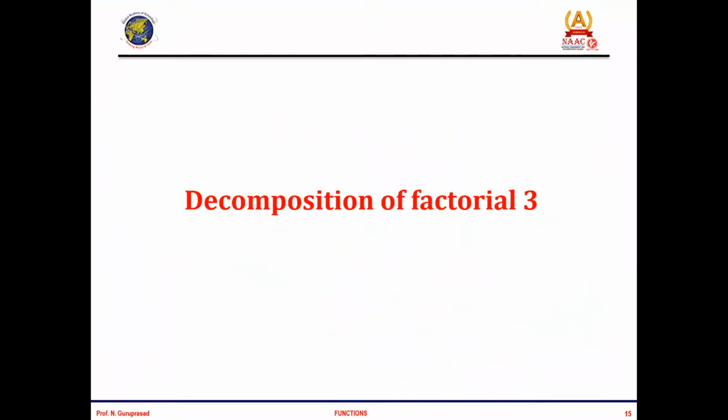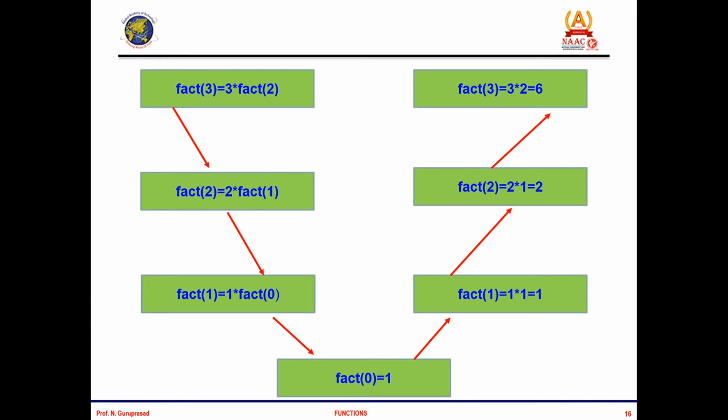Now let us decompose this particular recursive function for factorial 3 and see how it actually works. I'll explain it with the help of a flowchart. Of course, nothing great in this. Suppose I am given the task of finding factorial 3, and I'm such a dumb person that I do not know what factorial 3 is. The only thing I know is that factorial 3 is nothing but 3 multiplied by